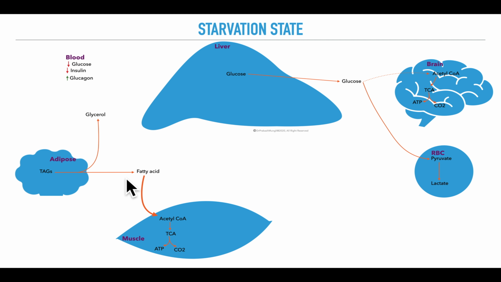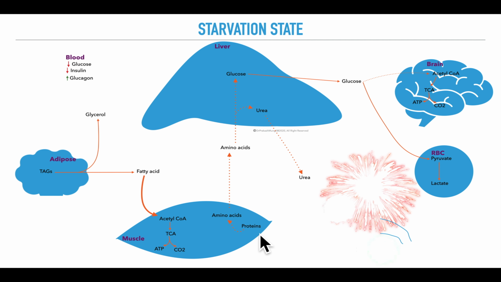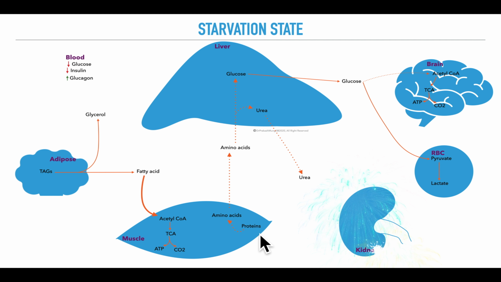Protein degradation will continue to go on until about 1 week of fasting, like 4 to 5 days, 6 days. By that time, after around 1 week of starvation, around 50% of the skeletal muscle protein is already degraded. During that time, protein degradation in the skeletal muscle decreases and it kind of stops.